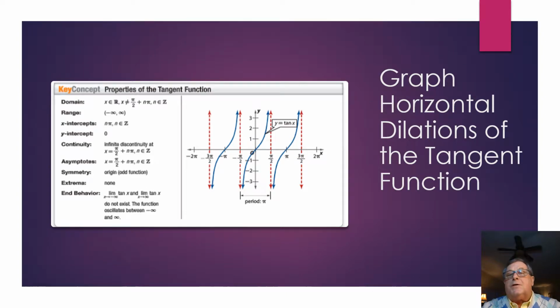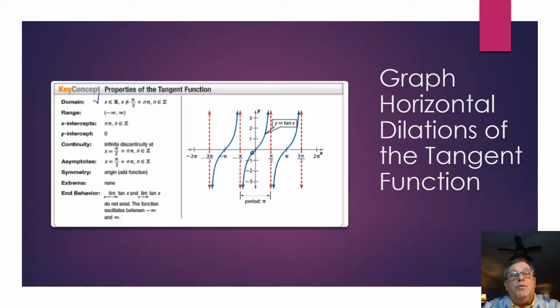Now we're going to consider some graphs of other functions. Specifically, right now we're going to look at the tangent function. And in a moment, we're going to consider horizontal dilations of that tangent function. But before we do, I think it's helpful that we look at the properties of the tangent function on our coordinate plane. So our domain, we see here that x is an element of all real numbers, except that x